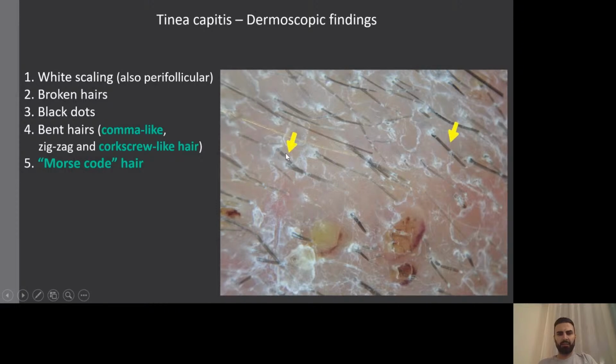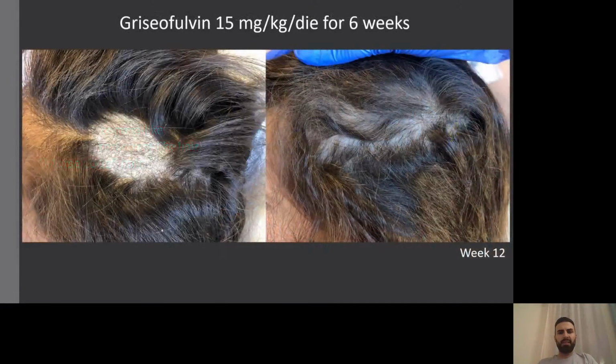Okay, here is an example of Morse code hair. These features highlighted in green are the most specific features of tinea capitis. But as I told you before, the diagnosis is not the point in this case. I treated this patient with griseofulvin, 15 milligrams per kilogram daily for 6 weeks, and after 3 months, this was